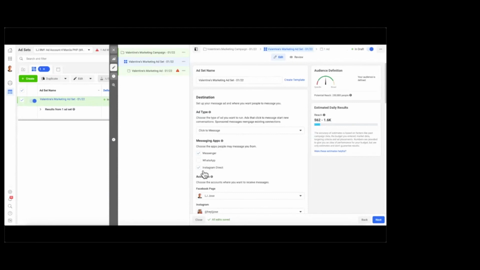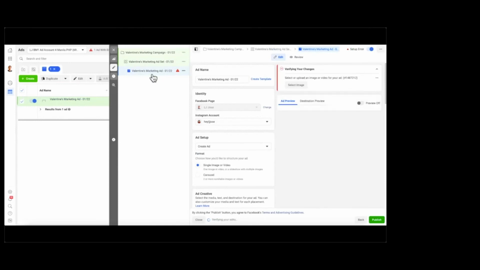So that's what caused the problem for me not to be able to select an existing post, because the logic of that is to create a new ad for both Messenger and Instagram Direct, but the post that I published before was direct to my Facebook page and not on both the Facebook page and Instagram account, right? So if we deselect Instagram Direct here, okay, and we go back to the ad level,